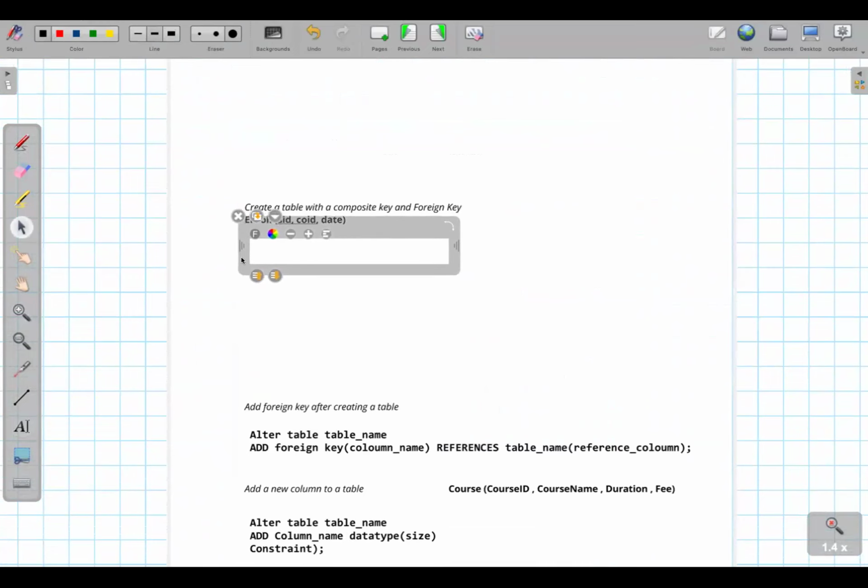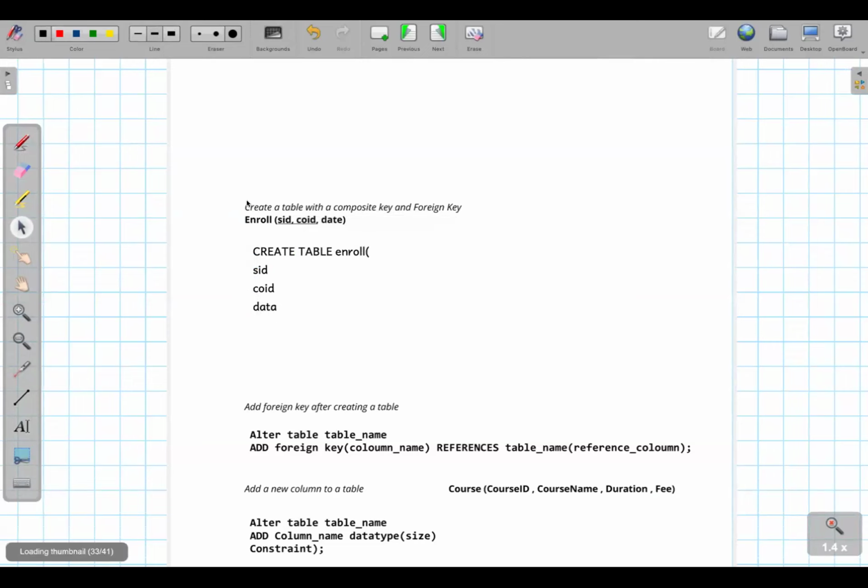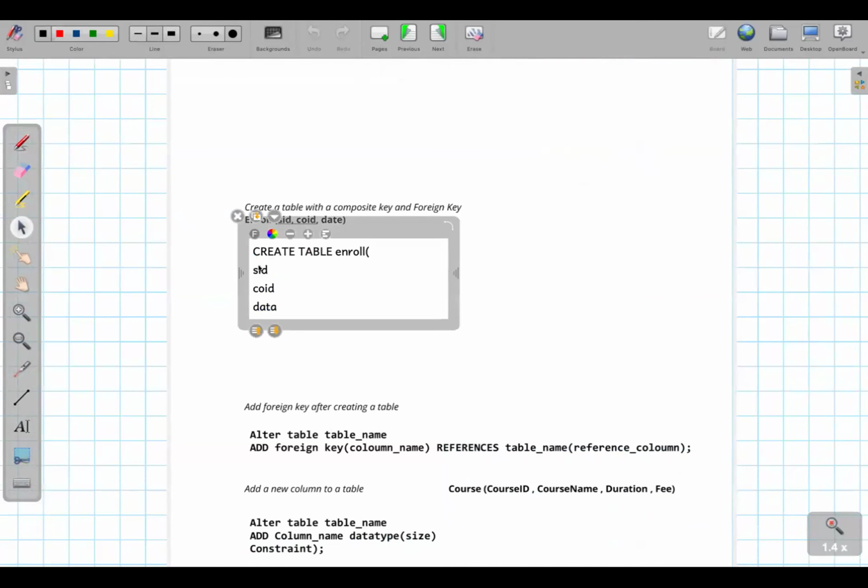Now, composite is, let's see, create table. What is the table name? Enroll. SID, CID, and date are the three columns we have. What are the columns I have created? Student ID, course ID, and date. Student ID, I'll say int 20,